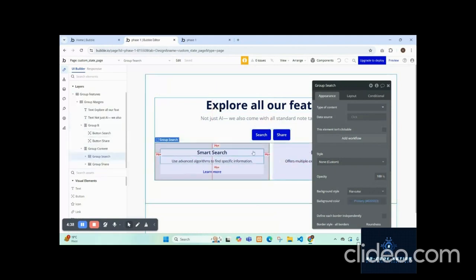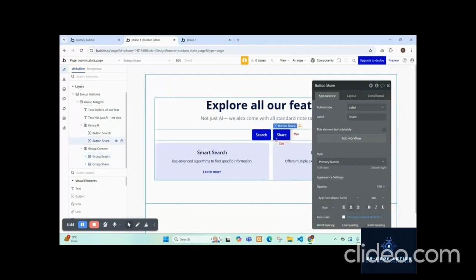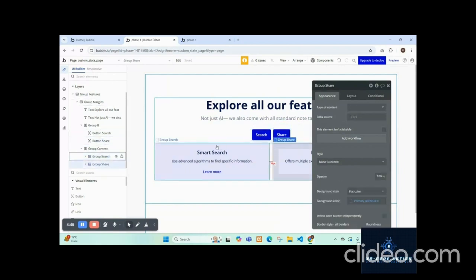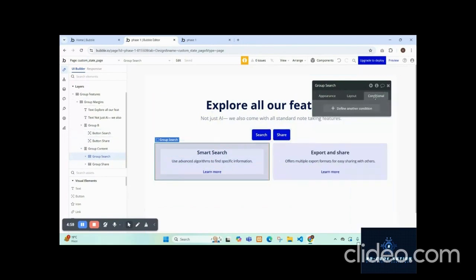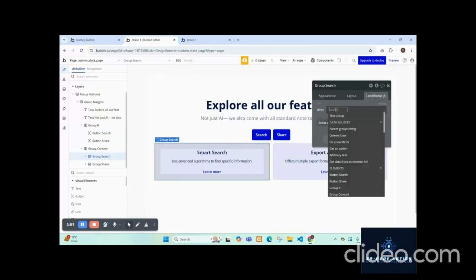For example, I am going to make it a toggle. Once you click on the search button, it should display this. Share button, it should display this. So for the search button, I need to attach the value search to this particular thing, so that on clicking this search button it should display. So what I will do is go to this conditional tab, click on it, and find the group feature,